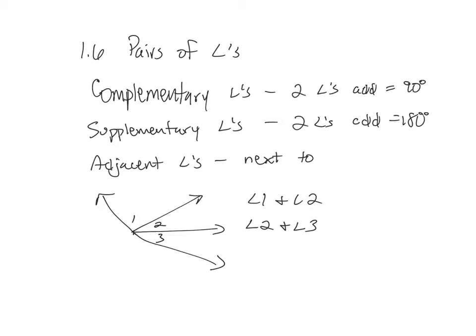So sometimes complementary angles are adjacent, next to each other. Sometimes they're not. They don't have to be adjacent. Many times they are, but they don't have to be. Same thing with supplementary. Most of the time they are next to each other or adjacent, but they don't have to be. So in a figure, if you had one angle in one part of the figure that was 80 and another part was 100, then you would have supplementary angles. They may or may not be adjacent. Okay, so